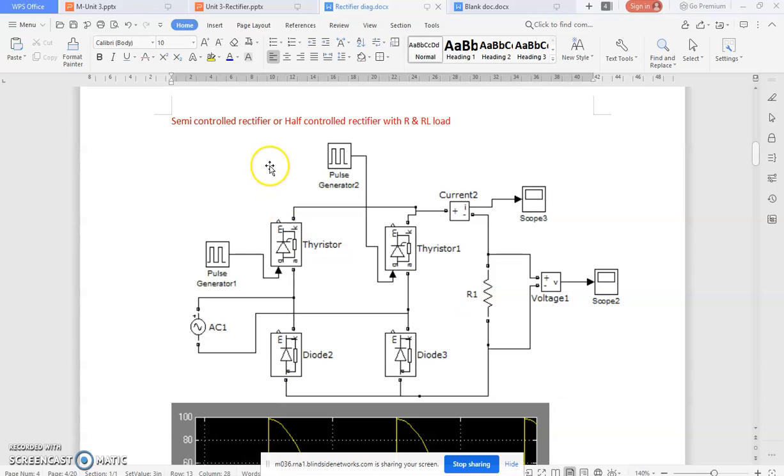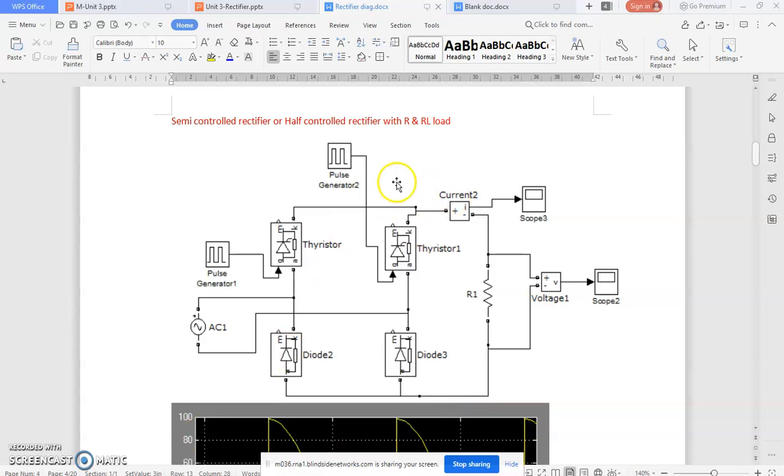Mode 1, how it is operated: the half control converter and the fully control converter operations are both the same. The operation symbol is a multiplication symbol, or simply an x. How do you write the x? First you write a left slash, then after that a right slash. So this is the x. In mode 1, the left slash is working, so thyristor 1 and diode D3. The path goes from phase to the thyristor, to the load, to D3, to the neutral. So this is working mode 1.